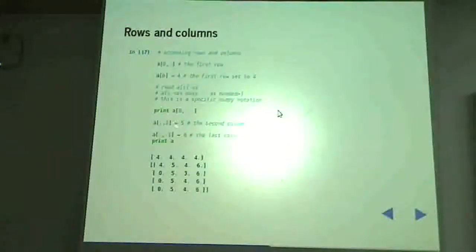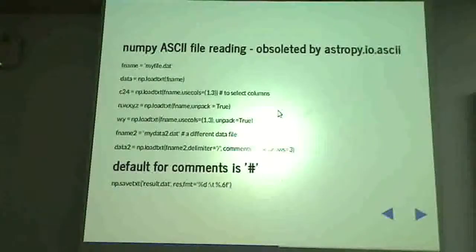Note that there is something called broadcasting which is happening here. So what you are saying here is every element of the second column should be set to 5. Okay. But instead of that, if I had an expression there, the expression either has to return a single value or it has to return the number of values that are needed here. Okay. So in this case, it's a 4x4 array, so 4 elements would be needed. Okay. So that has to be taken care of. If that returns only 3 elements, then it won't work. It will lead to an error.